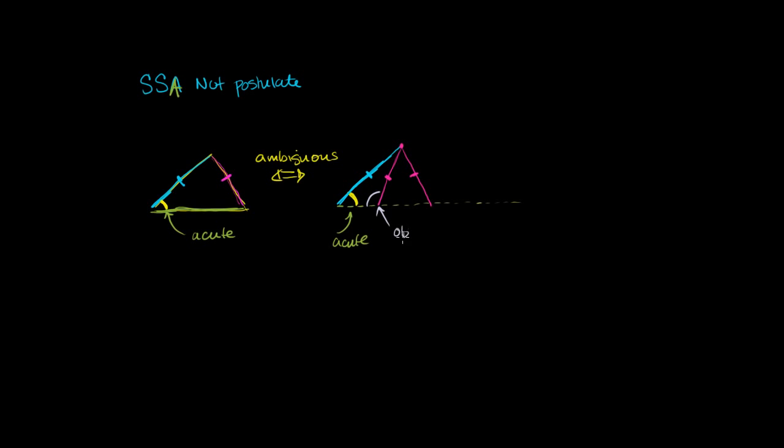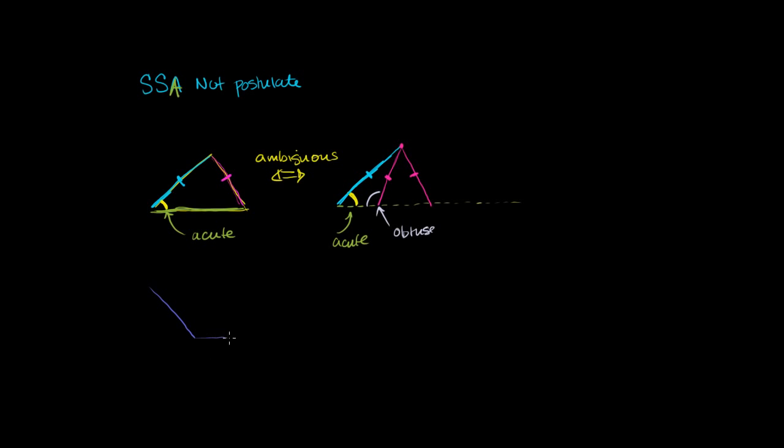So that is an obtuse angle. And that's only possible because you can't have two obtuse angles in the same triangle. You can't have two things that have larger than 90-degree measure in the same triangle. And so that's why there is a possibility where if you have another triangle that looks like this,